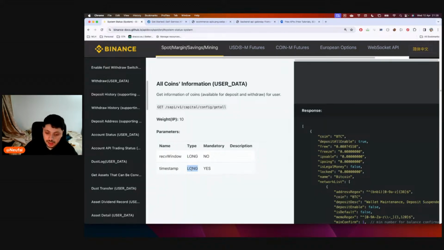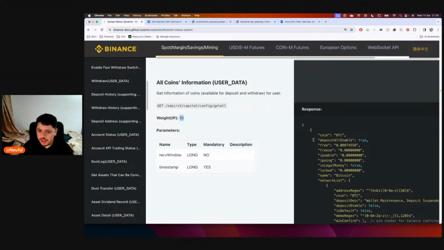And if the API eats the string, and by eats I mean accepts it, there's something wrong with the data validation because it must be a long. Otherwise it can inject code that you don't want, and then you can have some problems on the back end. So really important, the type and the parameters. In this case, we take two parameters: the timestamp and the recvWindow, whatever this is.